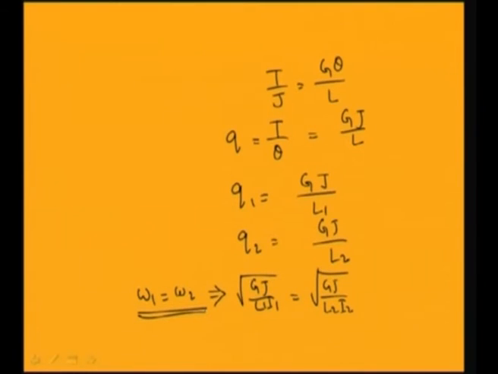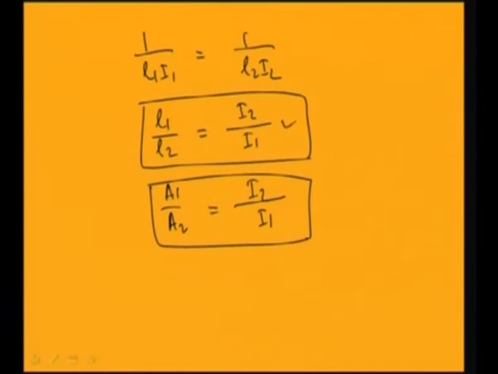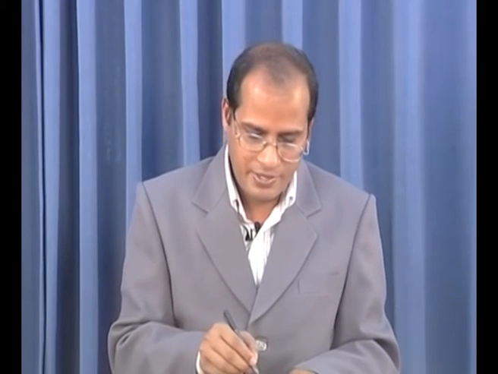So, one natural frequency in this 2 rotor system equal to 0, and the other natural frequency will be equal to root over G J by L1 I1, and this node point you can find by using this relation. So, you know the inertia of the system. By using that inertia ratio you can find L1, L2, and also you know L equal to L1 plus L2. So by using that you can find the node point. After finding this node point you can find this amplitude ratio. So, in this way you can find the response of a degenerate system or semi-definite system.